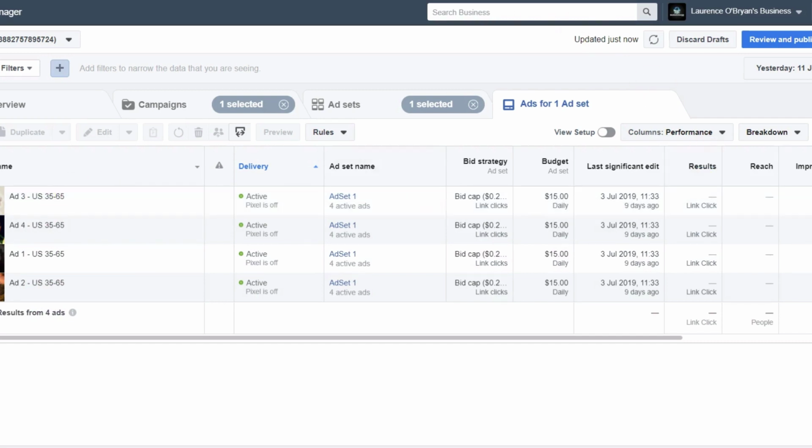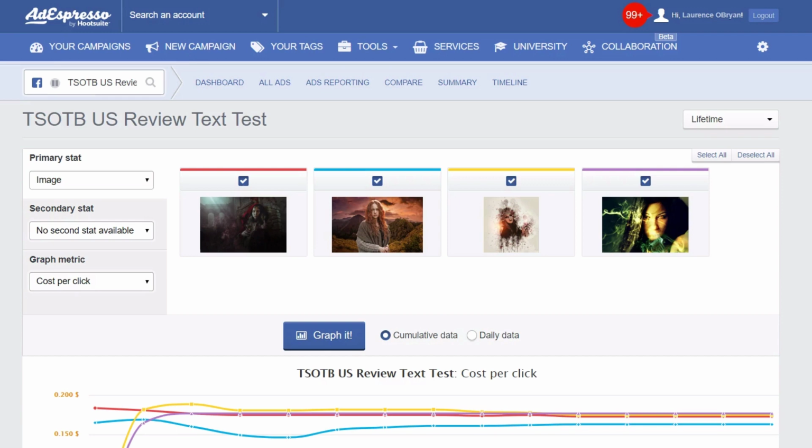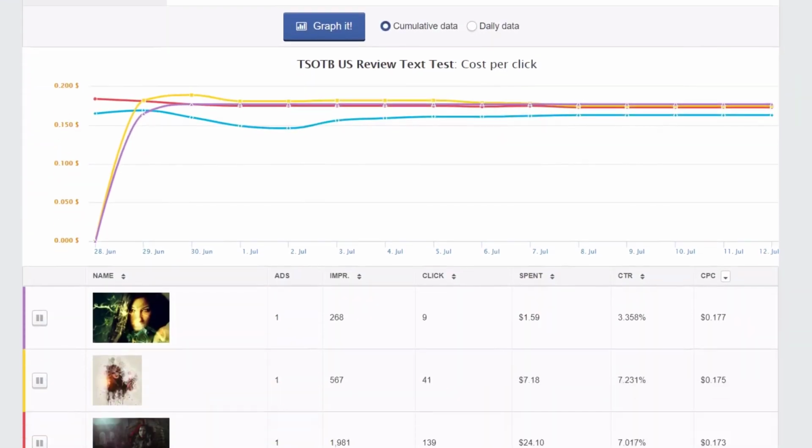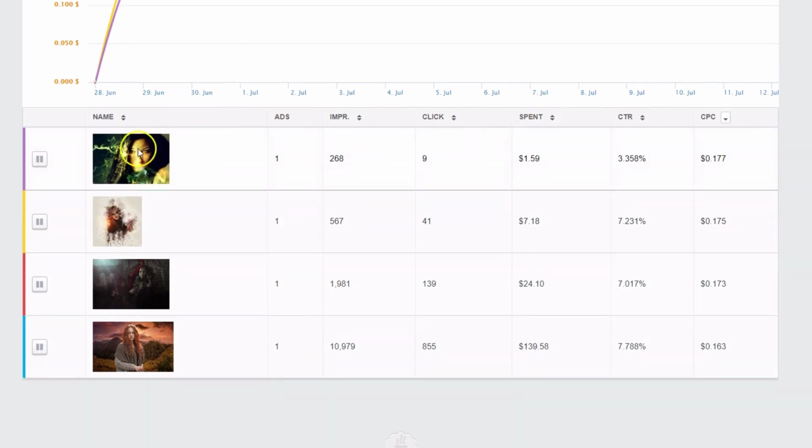And I'm going to go over to our Ad Espresso platform where you can see in a bit more detail the results of those 4 images. It's really important that you can see the results, how they are performing. So in this case, we have the 4 images you can see here, and this image, the bottom image, got the best results, a much higher click-through rate. As you can see here, this one was 3%, and this one was 7.78, nearly 8%, and the lowest cost per click. So that is the reason to do A/B testing, to make sure you're getting the lowest cost per click, and this, over thousands of clicks, can make a big difference.